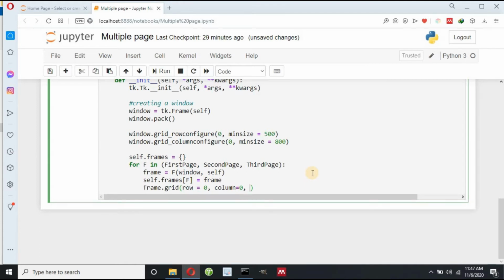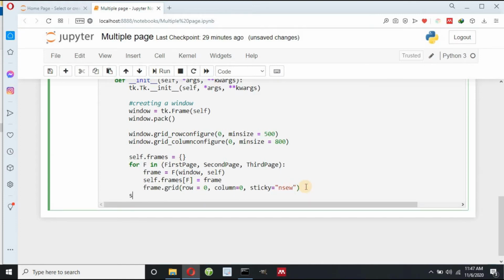Now I need to pass one sticky method, sticky, and here I can pass north, south, east, west. It means rearrange automatically by north, south, east, west.